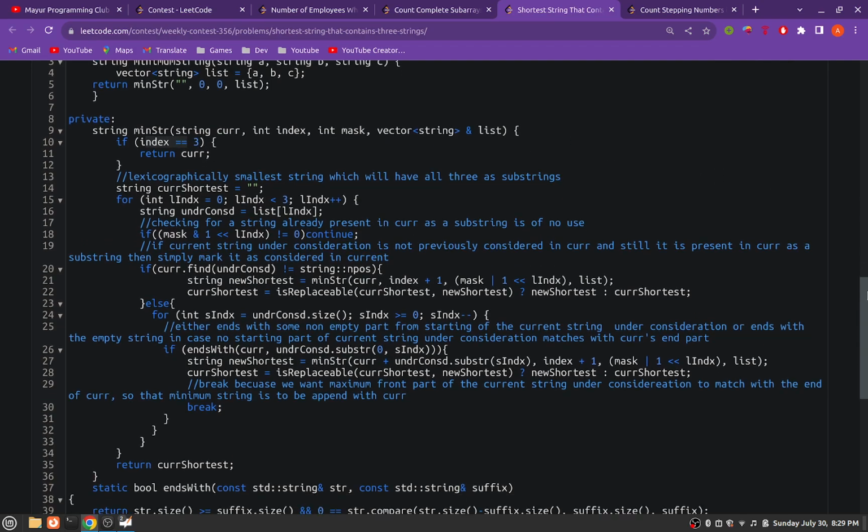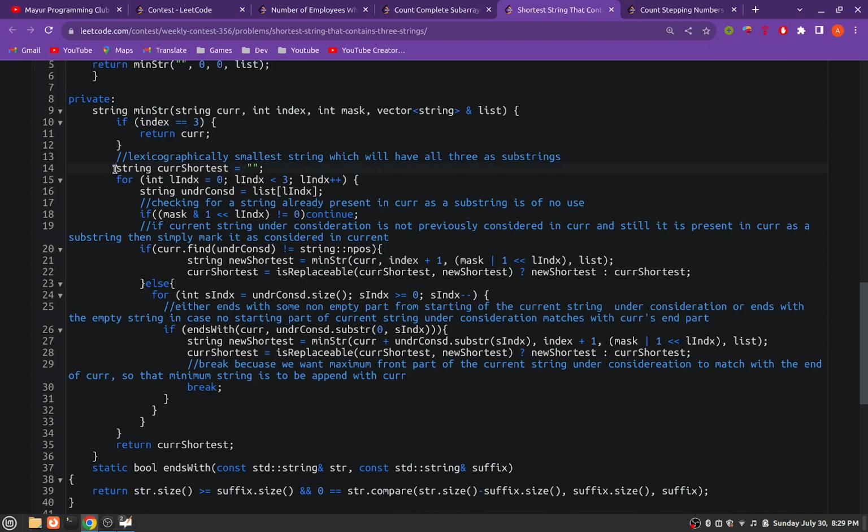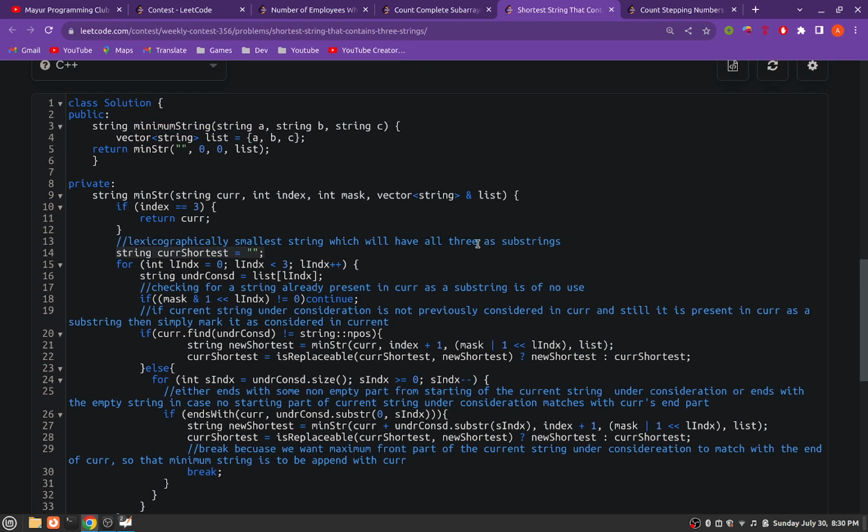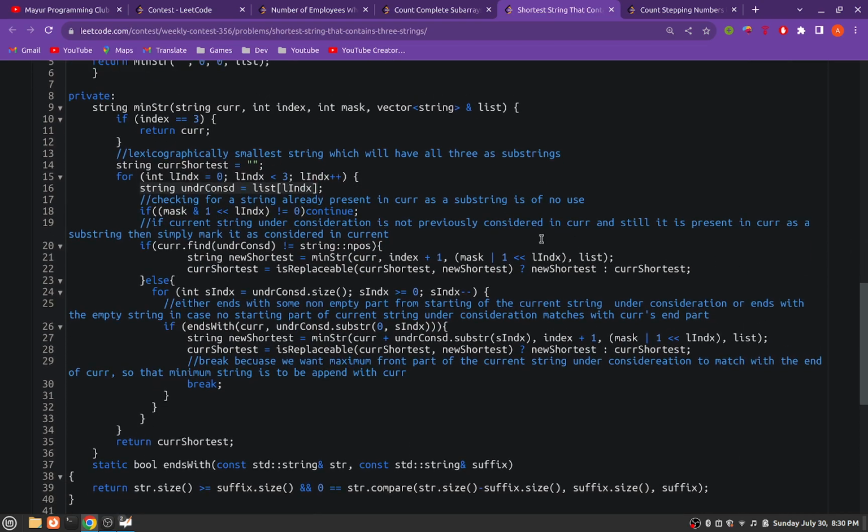So what we have done is, for each iteration we have considered a string which is initially empty, and this string will be the lexicographically smallest string which will have all the 3 strings as its substrings. So one by one we are considering all the three substrings and calling it the string under consideration. And if the string under consideration is already present in the